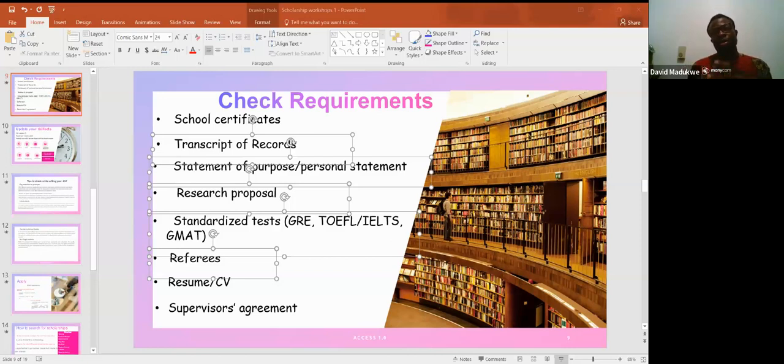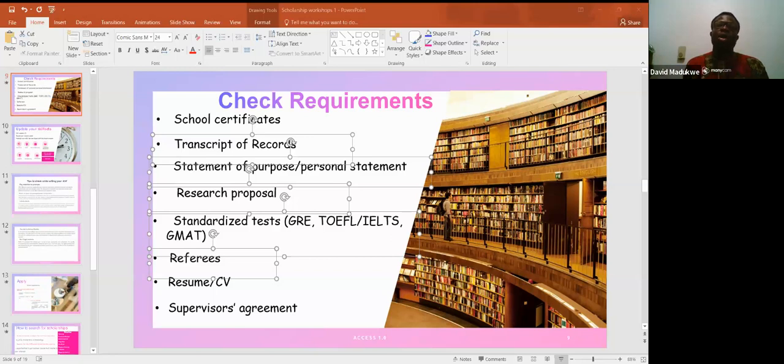Referees are people that write recommendation letters for you. They tell the admission or graduate committee about your expertise and about how competent you are in the different research you have done with them or the different courses you took with them. So they'll be able to explain to these people, this guy is good, this guy can do this, he's quite versatile, he went for different conferences, he did that, he did that.